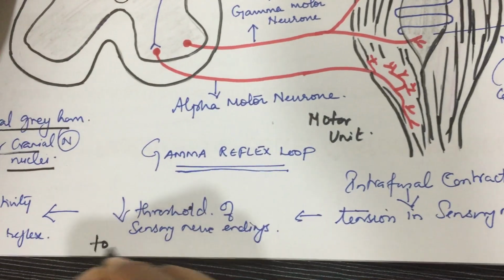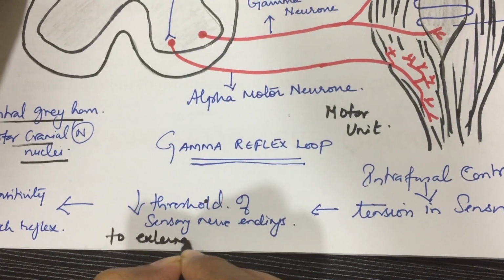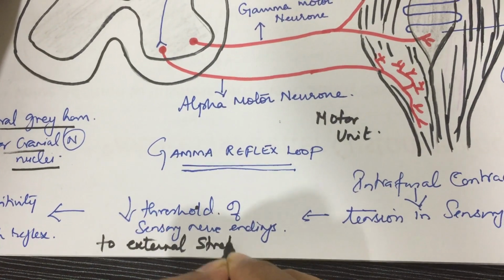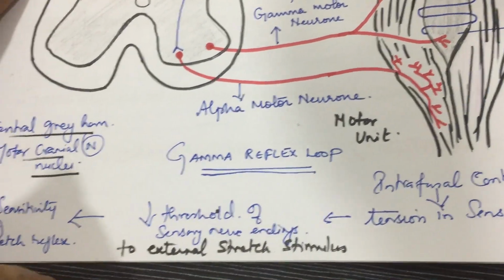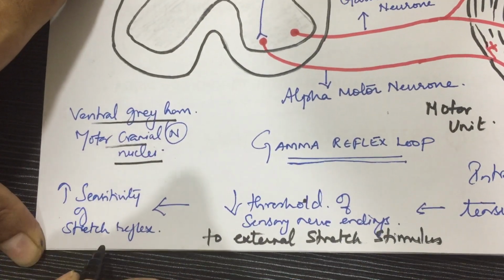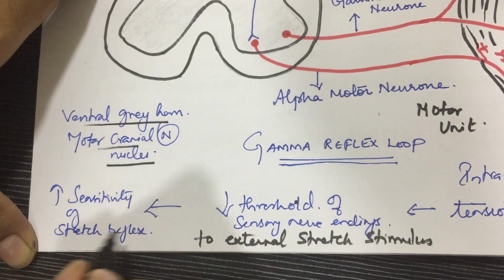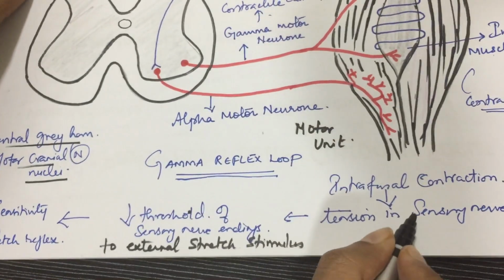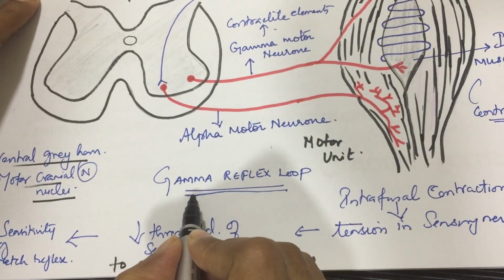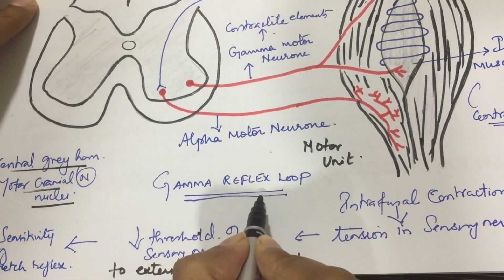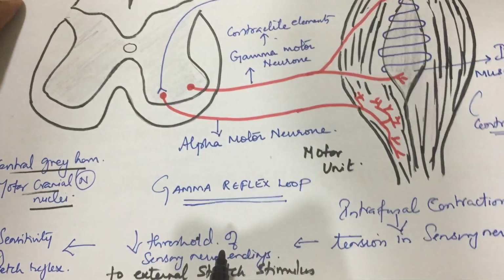The increased tension in the sensory nerve fibers causes a decrease in the threshold of sensory nerve endings to external stretch stimulus. So this causes increased sensitivity of the stretch reflex. This is called the gamma reflex loop. So the main importance, the prime essence, of the gamma reflex loop is to maintain the sensitivity of the